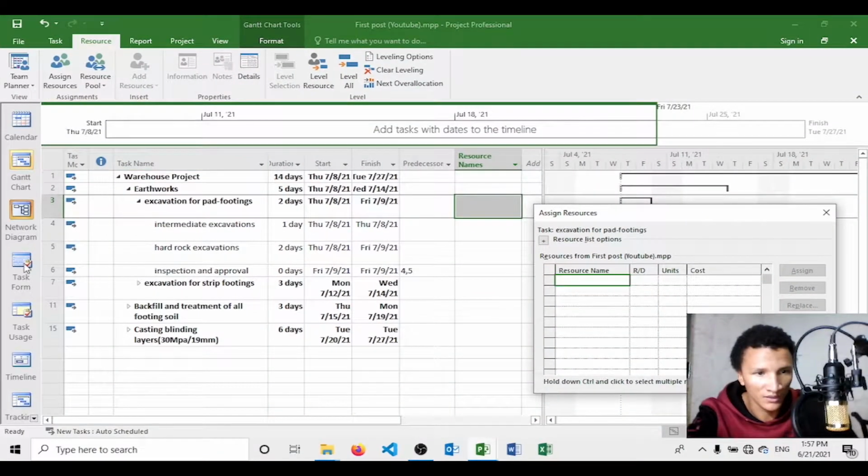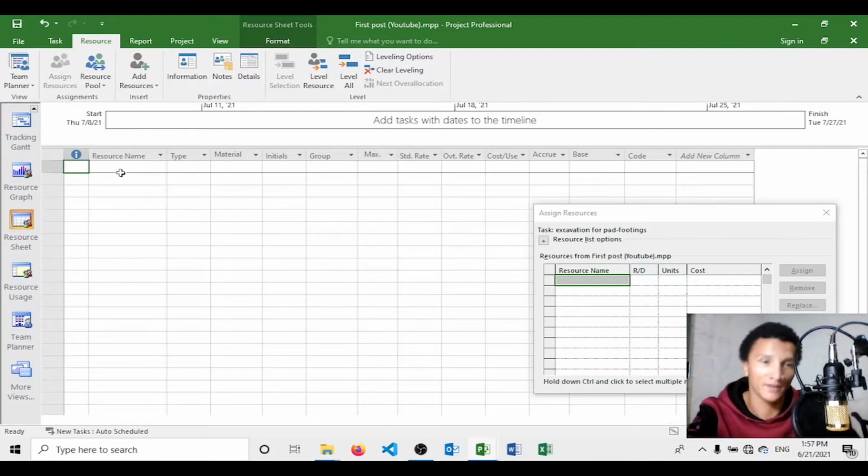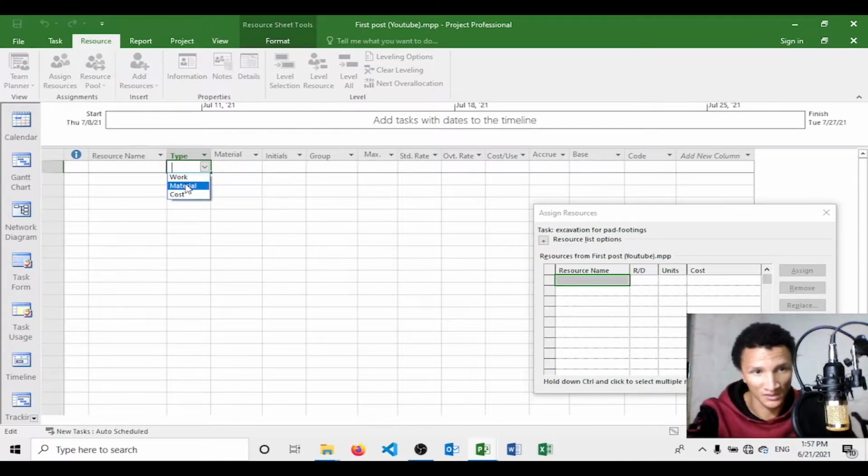How you assign your resources. You come down here and then you have this menu that says resource sheet, and you click on that. Now basically what you do here is you start specifying your resource name, the type of resource, which is either work,